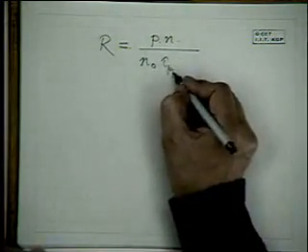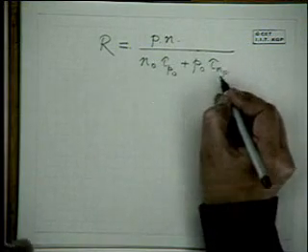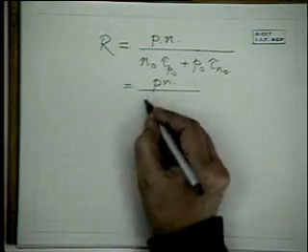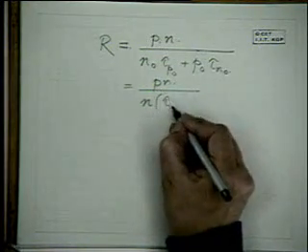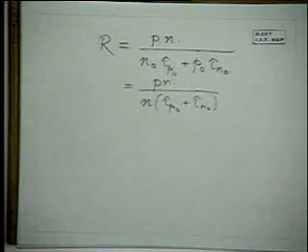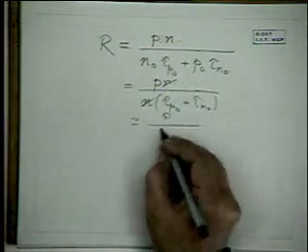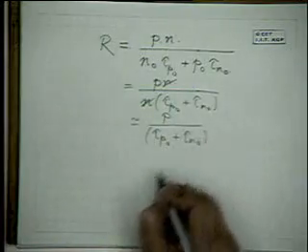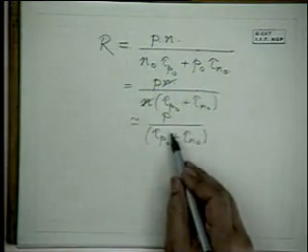n0 tau p0 plus p0, neglecting the n1s, and this is equal to pn over n0, and so we can take that out. So, and then we have an effective lifetime tau p0 plus tau n0. And if we say that the